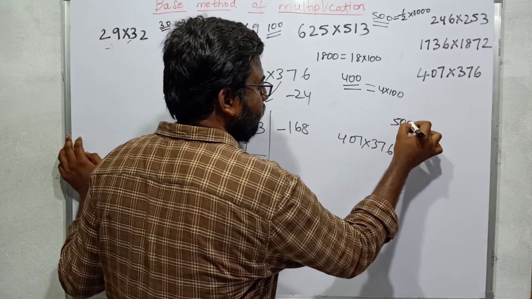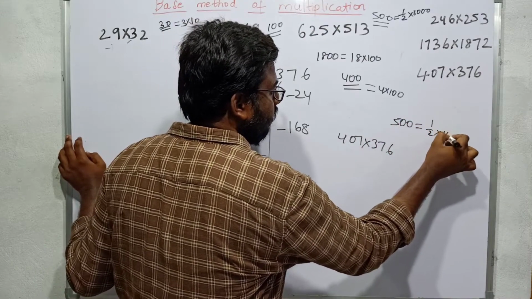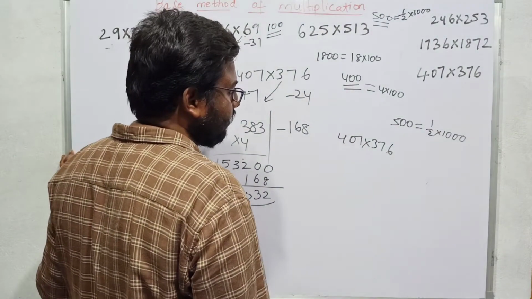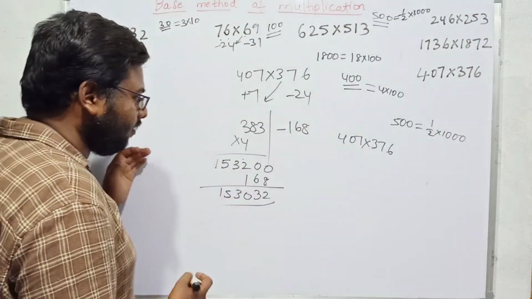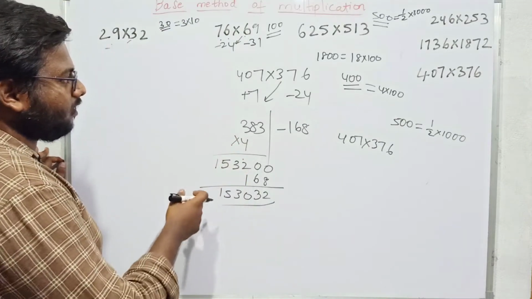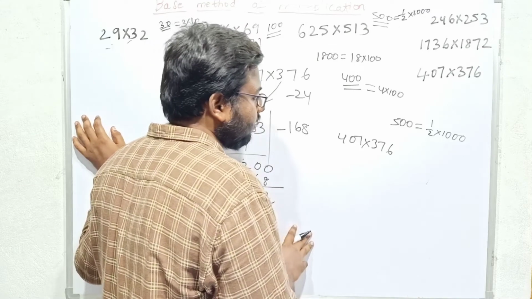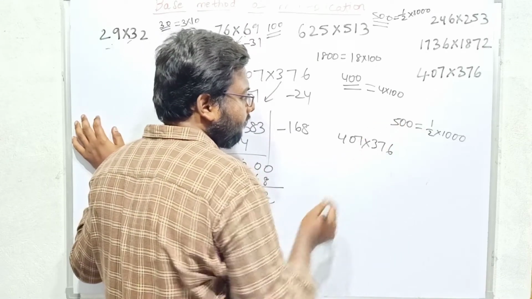If I calculate this on base 500, that means half into 1000, I can write as 5 into 100 also. From 500, how much gap? For developing conceptual clarity only. This is an easy method, this is a simple method. And for developing our conceptual skills, that is why I am writing this on base 500.